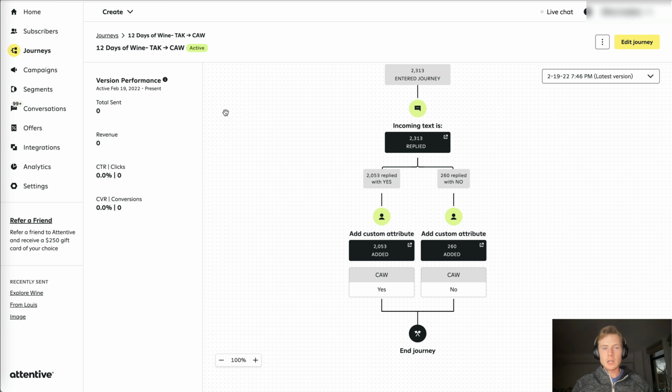So those are your journeys in a nutshell. Again, I'm going to drop all the journeys below in the comments that I think any Shopify brand should have, and I'll include some of the integration ones that we build out as well that can extend the functionality of your Attentive account. But let's jump into